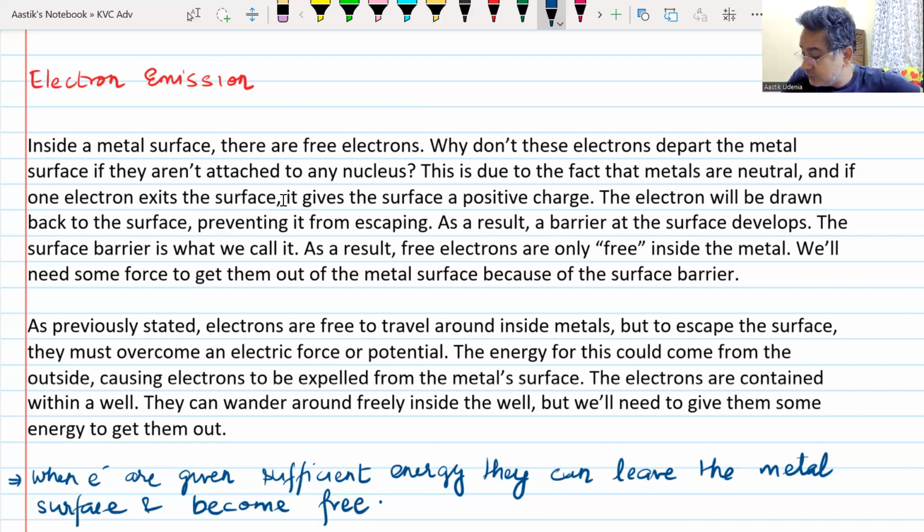What are those ways in which you can impart these electrons energy? By striking a light. By striking light, because this is the heading of this chapter, therefore you have thought about this. Okay,